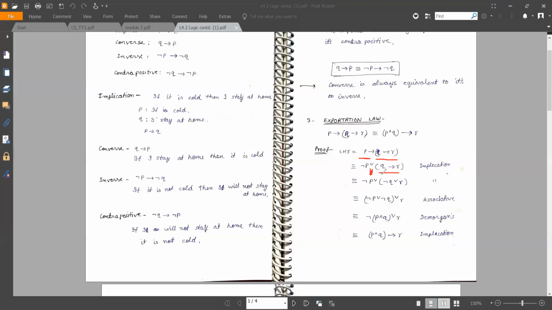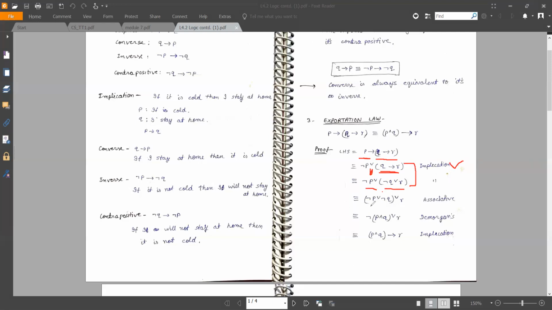Now the similar thing that we have done with the outer implication, we will do with this one, Q implication R. So it would become negation of Q disjunction R, and now we have combined. While converting an expression from one form to another form, it is highly encouraged to mention on what rules we are changing its form. So here we have seen the implication rule. Now we have negation of P, disjunction negation of Q, disjunction R.